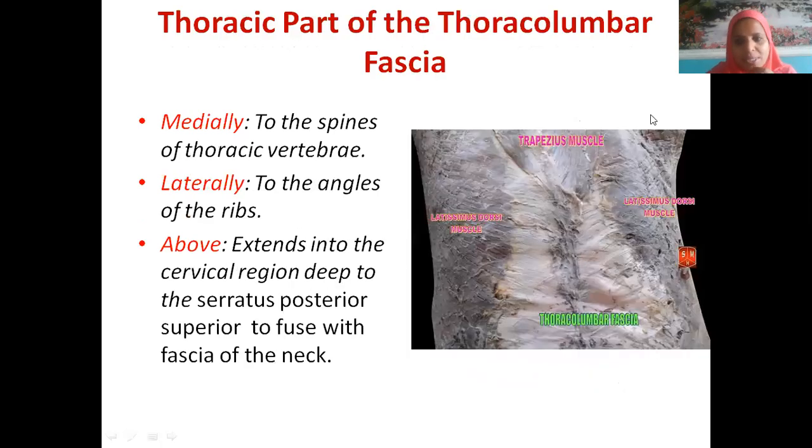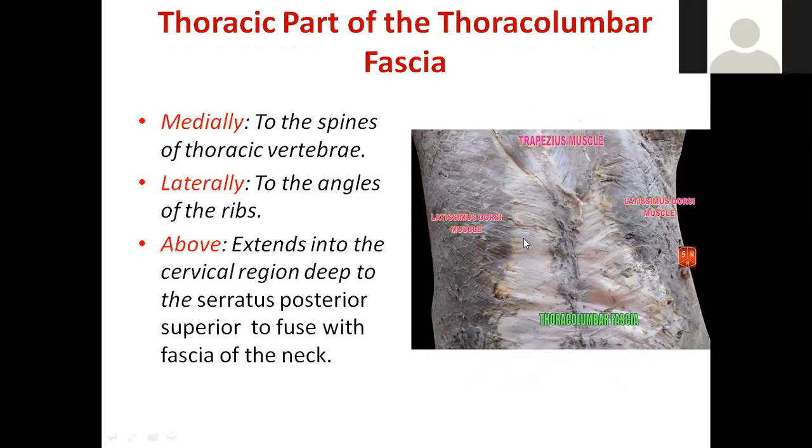Okay, so this is well dissected part where you are seeing the thoracolumbar fascia. Okay, this laterally you are finding latissimus dorsi. This thickened fascia is thoracolumbar fascia. If you cut this fascia, you will see erector spinae muscle. If you remove erector spinae, you will see middle layer. If you remove middle layer, you will see quadratus lumborum. If you remove quadratus lumborum, you will see anterior layer. Actually, you will definitely appreciate this in dissection hall when you start doing dissection.